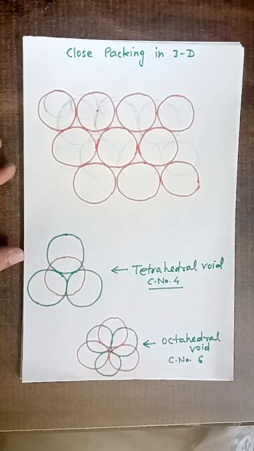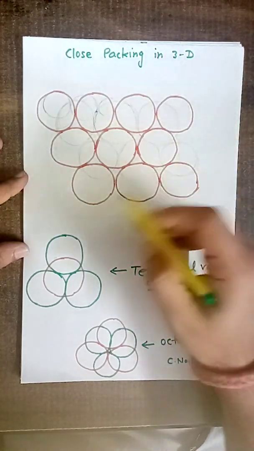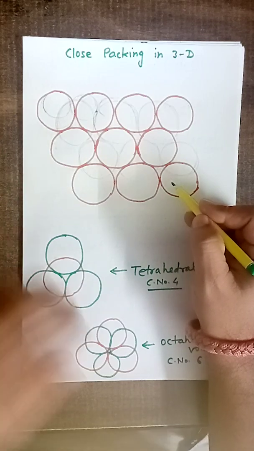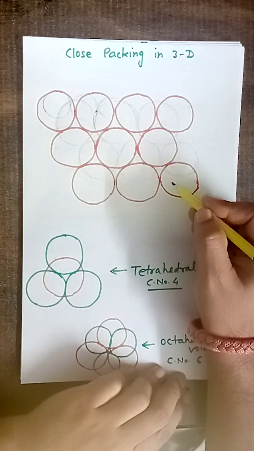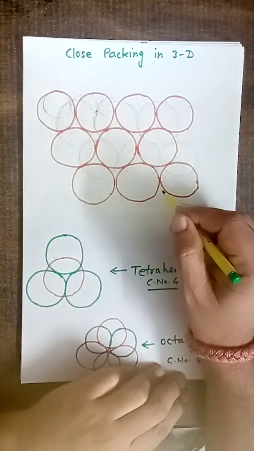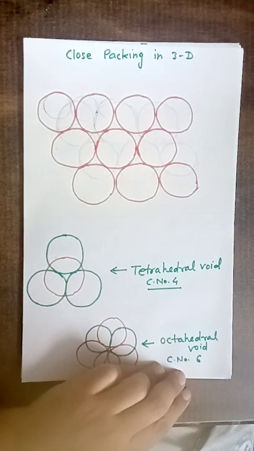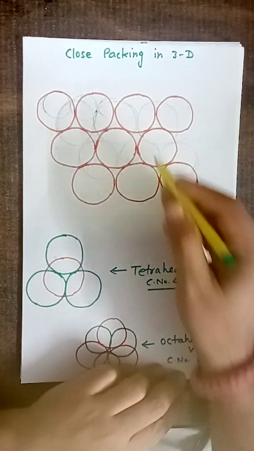So look at how the 2D hexagonal close packing converts into a 3D structure. You can see these red particles, they are the particles of the 2D hexagonal close packed structure. Now over it we will discuss how the second layer forms, then how the third layer is formed, and what is the relation between the first layer, second layer, third layer and fourth layer. To discuss it,